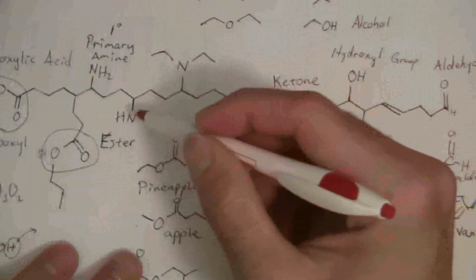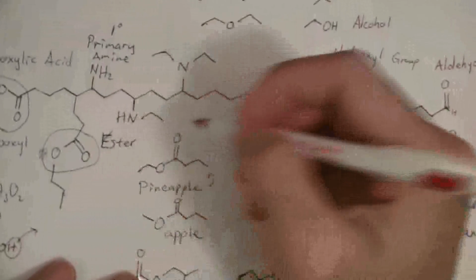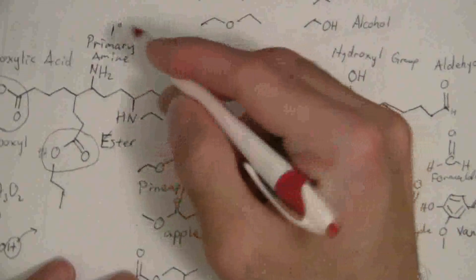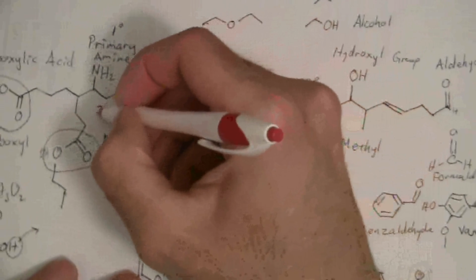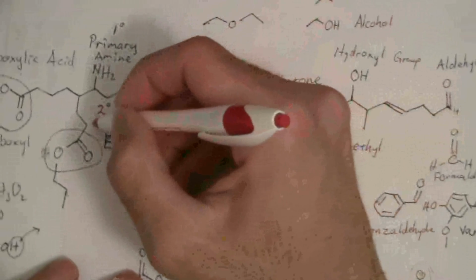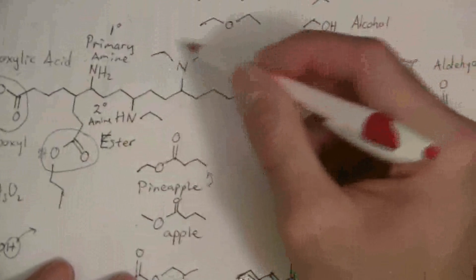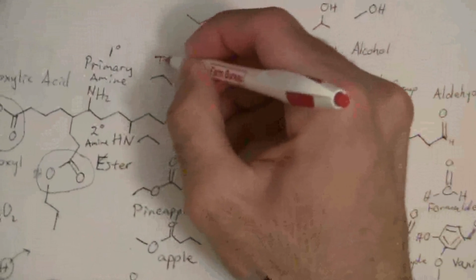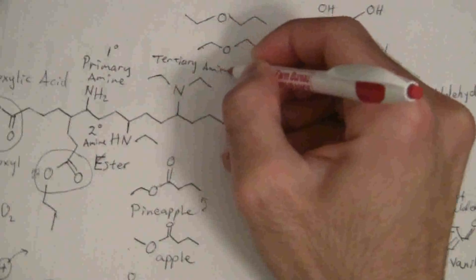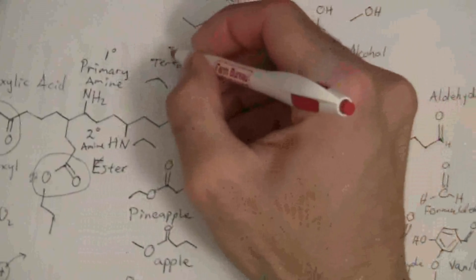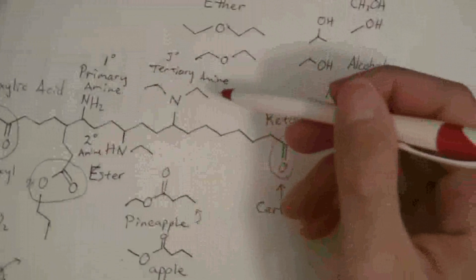Okay, if it has two carbon chains, we call that a secondary amine, and secondary is abbreviated with a 2 and a degree. So this would be a secondary amine. All right, and then here we have a tertiary amine, and the tertiary is abbreviated with a 3 and a degree. Okay, so primary, secondary, tertiary,